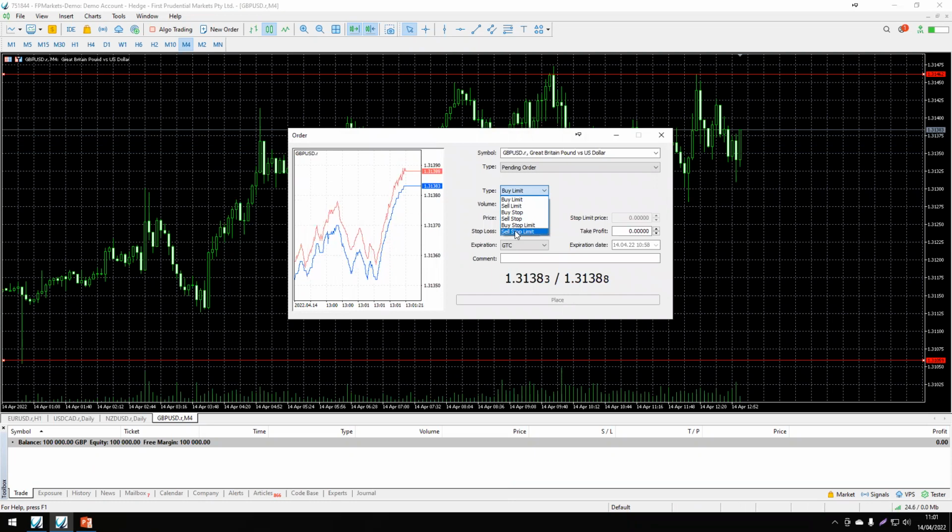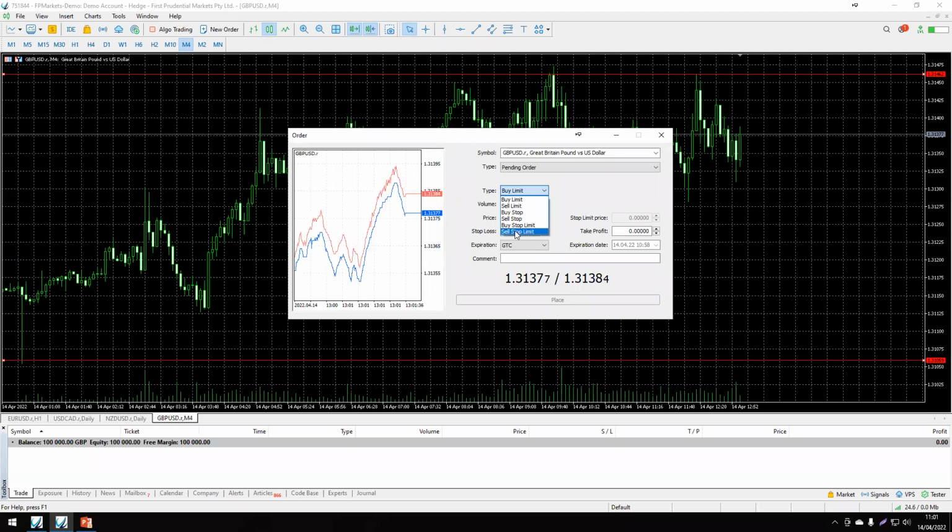What are these? So the buy stop limit combines the first two order types, being a stop order for placing a buy limit. So as soon as the future ask price reaches the stop level indicated in the order in the price field, which is here,